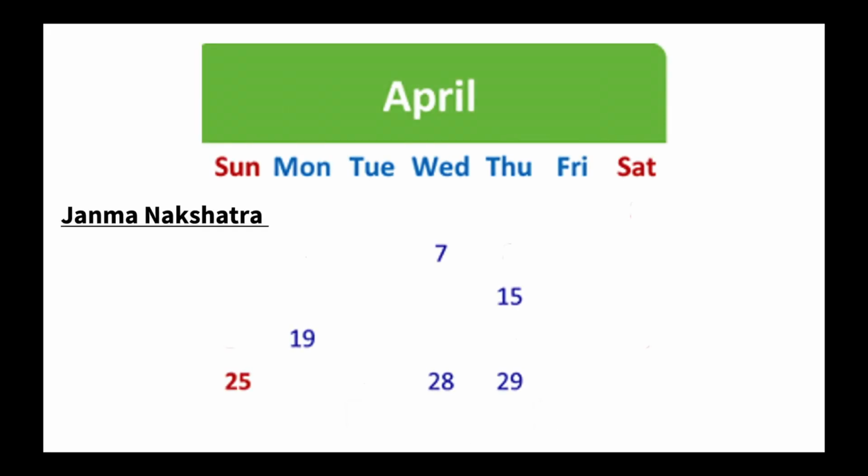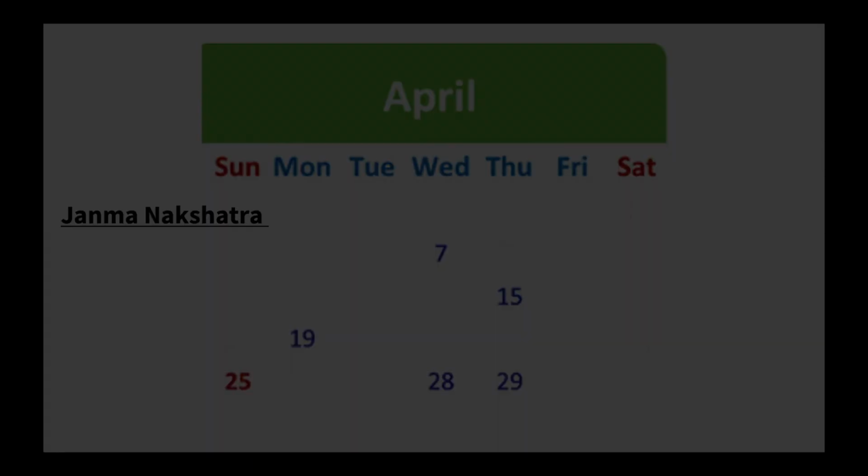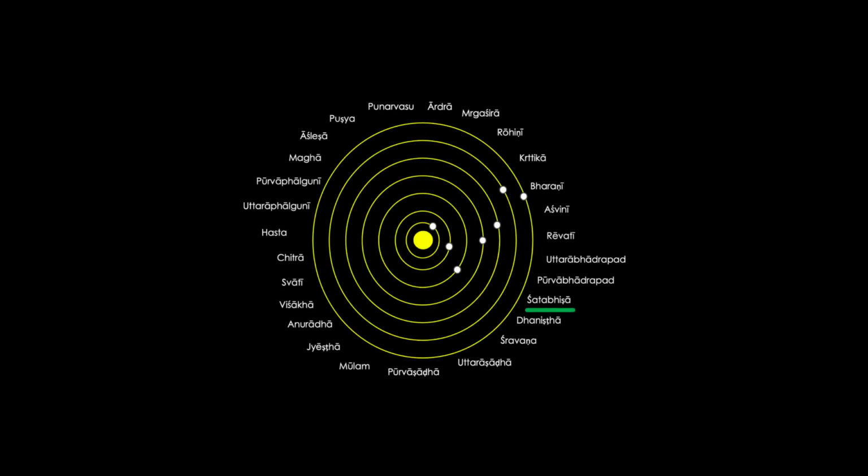We know our Janma nakshatra. Now we need to match Janma nakshatra with the dates narrowed down in the example month of April 2021. That is, if Janma nakshatra will be compatible with April 7th or April 15th, April 19th, and so on. Let's understand this process of compatibility check with an example. For instance, if Janma nakshatra is Shatabisha nakshatra, Shatabisha nakshatra is where we start. This first nakshatra or the starting point is also called Janmatara.